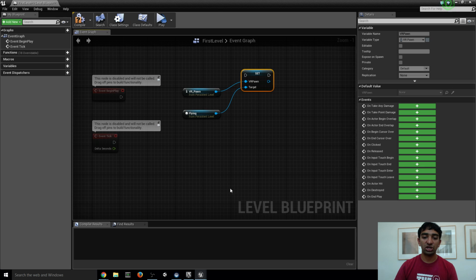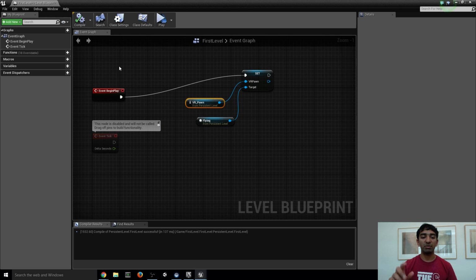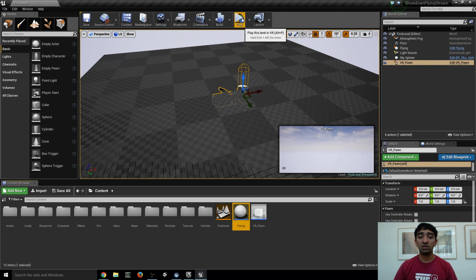We have to make sure that this is set up, and I'm going to do that at event begin play. I said that right. Just hit compile. Event begin play is called at the beginning of the level, and it's just going to set the VR pawn on our flying script. So now if I hit play,